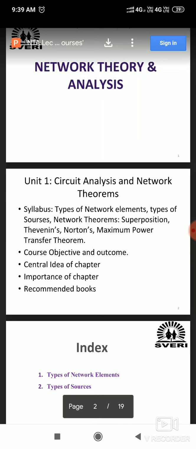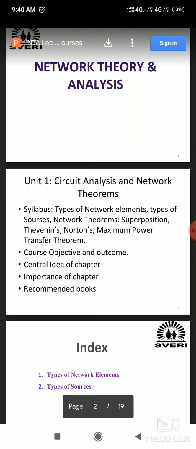And in that again we have discussed two types, that is the DC and AC circuits. So a DC circuit means in which only DC sources are present. An AC circuit means in which AC sources are present. Okay, so later on we will see what the DC sources and what the AC sources are when we start the topic types of sources. In that we will see.